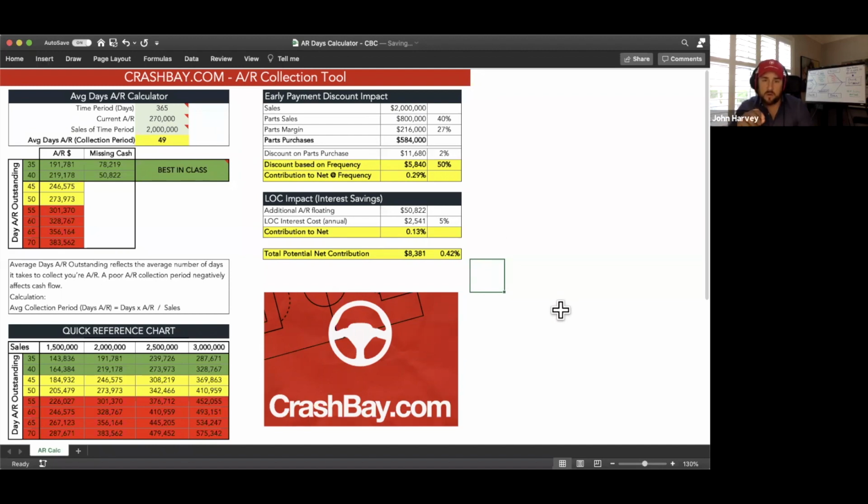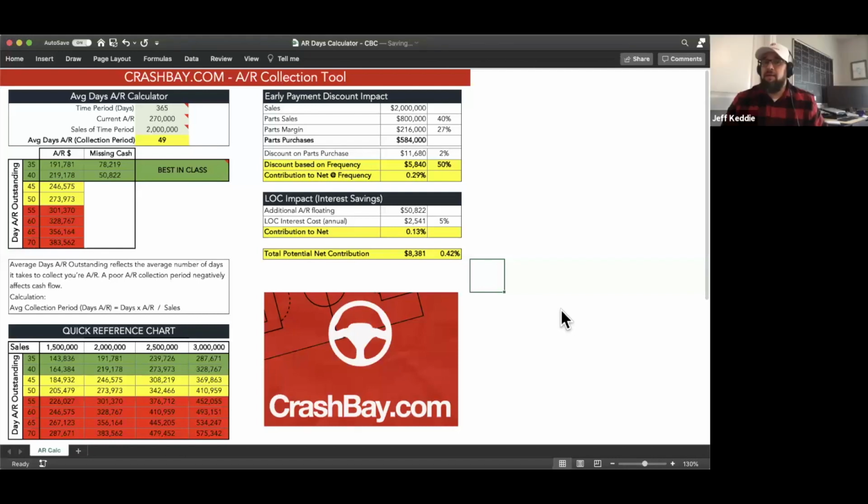I really like how it identifies the dollars, and this is a very realistic example based on the average size of a shop in North America. So yeah, the data that we've used is basically from shops that I worked with in the past, so we've looked at a good sample size of data to come up with the numbers. And the case study behind this is the success story of one shop that we worked with. They were at 42 days, and $3 million in sales, and they were able to get that down to close to 33 days. And the way they did that was simply assigning someone to